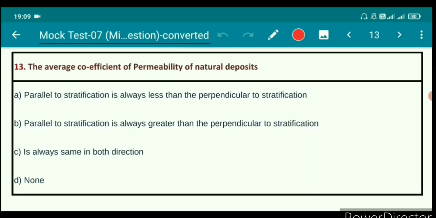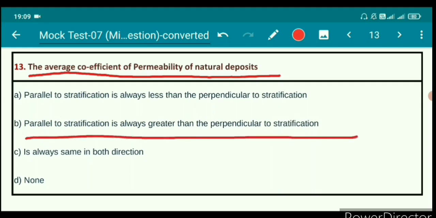Question number 13. The average coefficient of permeability of natural deposits, option A parallel to stratification, is always less than the perpendicular to stratification. Option B parallel to stratification is always greater than the perpendicular to stratification. Option C is always same in both direction. Option D none. Right answer for this question is option B, which is parallel to stratification is always greater than